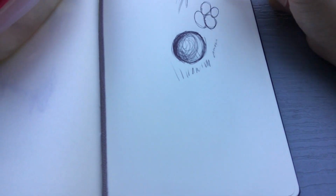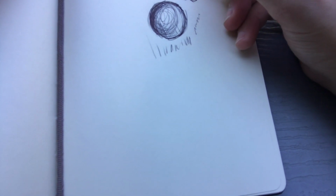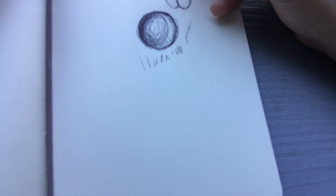So what you want to work on with ballpoint pens specifically is how to gather these light patches. One of the projects I like to do is give myself a few little spaces or something like that, and they can be any shape. You can start to work on building up composition and things like that, and making an area a shadow and making an area a highlight. So as you work your way into the center, you can really start to work on lightening up your pen, and that's also really make sure that you are not giving your hand too much effort, too much work,